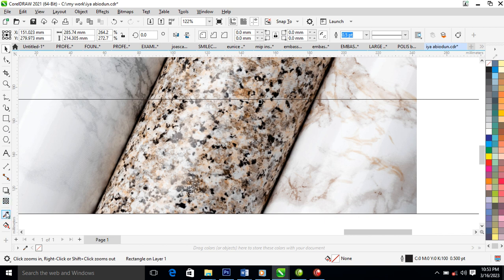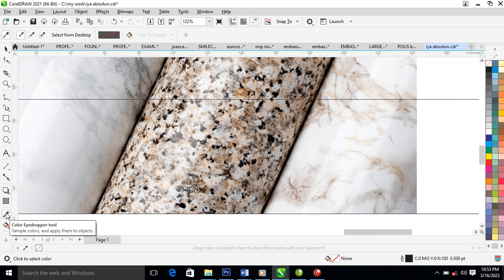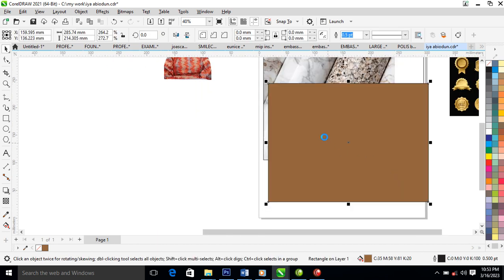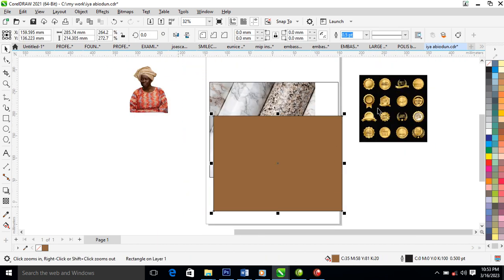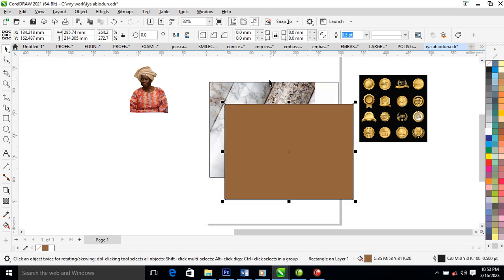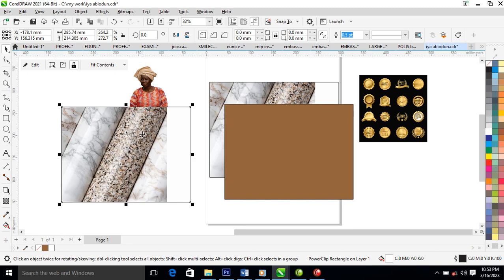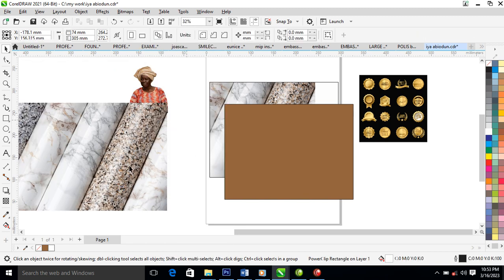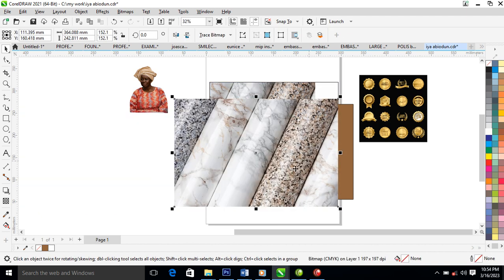right from this. Select your color eyedropper tool, then sample this color and pour it on that, and automatically it takes effect. What we're going to do next is change that to white. After I have done that, let's extract the content, make a copy, then paste it on top of the object which we created,